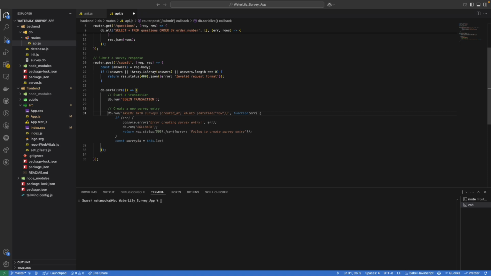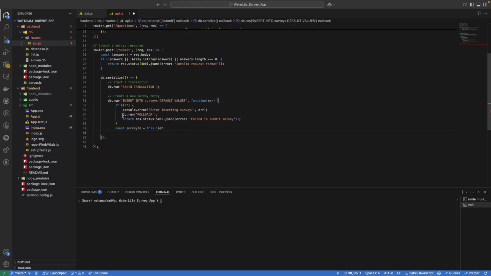Okay, so let's run a query db.run, and we can say insert into our table name is surveys, default values. If we have a function error, okay, so if we get an error, we can say error creating the survey, and we can roll back. So if we are facing any error, we can just say fail to submit the response, and if not, then we can create